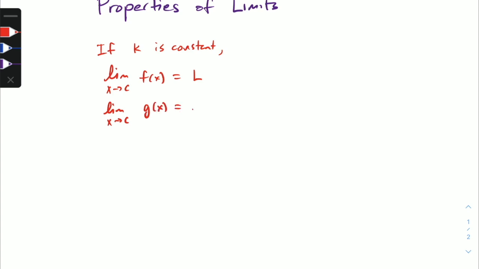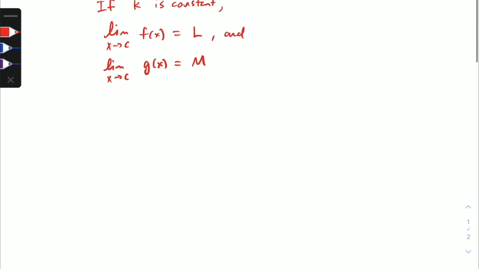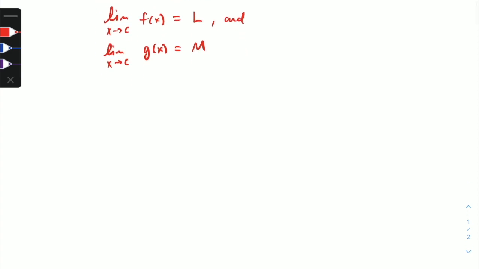Okay, so in this video we're going to talk about properties of limits. Suppose we know three things. First, k is some constant, and the limit as x goes to c of f of x is some number L, so the limit exists, and the limit as x goes to c of g of x is some other number M. All right, so if we have these three things, then we're going to have